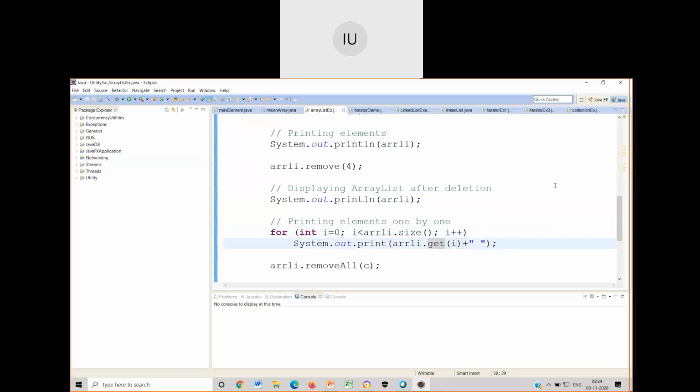Then you have one more very important function called size, which gives you the total number of elements that are available in the array list. Can you tell me, when I call arrayList.size() here, is the value returned by this function call the same as n? Is it the same as n? Can you comment quickly?